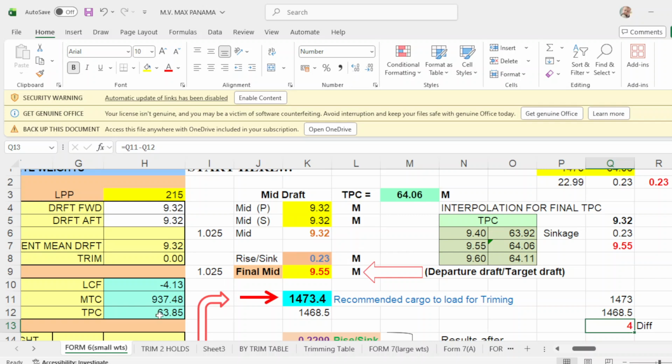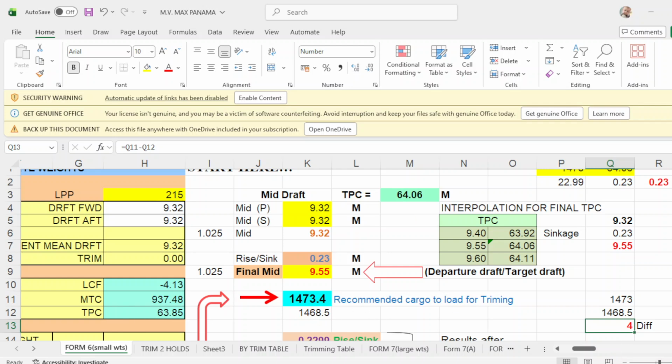This initial TPC is only from start to stoppage of operation. From the stoppage, if you continue until you complete loading, you will use this TPC. That's why you have a difference of 4 tons, because this is a bigger TPC than your initial TPC.